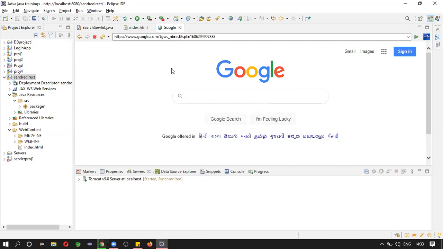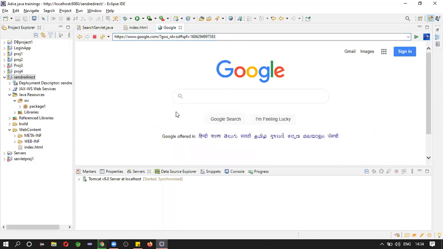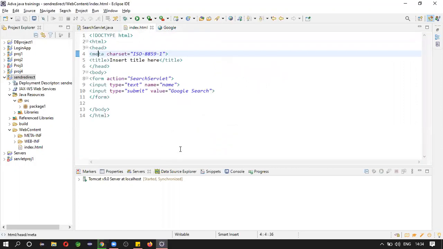So what you need is to enter some data here, right? So that data will be passed here. We will add that to the URL, or simply you can say appending data to the URL. So for that, you need to pass this value.